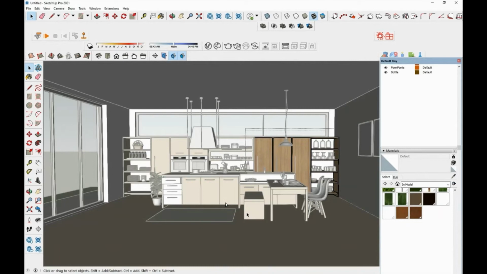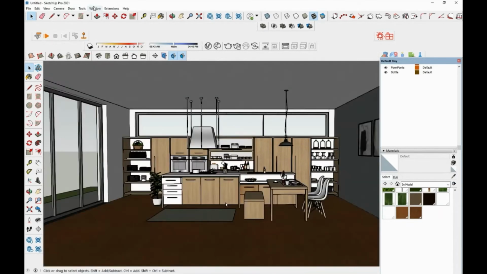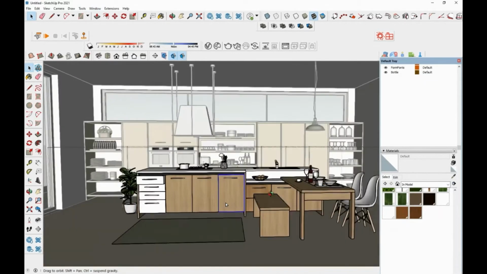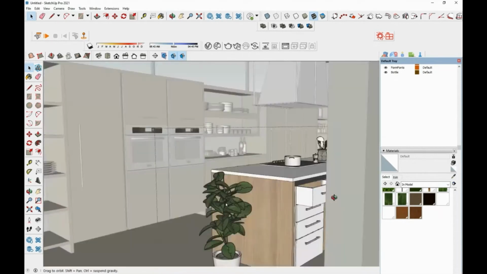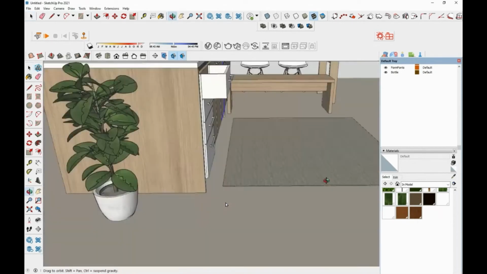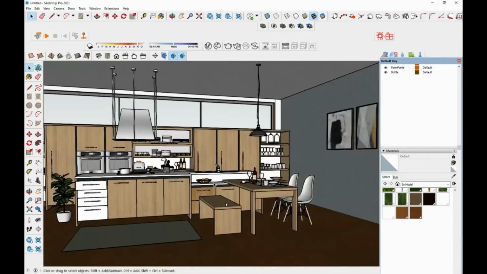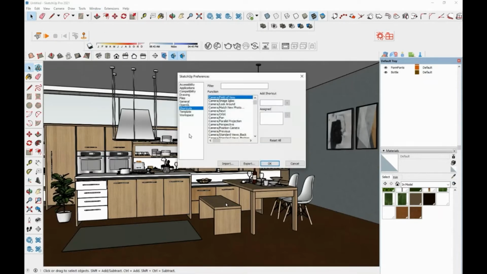To work on this specific cabin, in the usual case, I have to orbit around. See here, I have to orbit around and try zooming in and out. And it'll be just a mess like this. So to avoid this, you can hide the rest of the things surrounding it. It can be done by going to the Window option and SketchUp Preferences, and you can type in hide there, and you'll get the Hide Rest of Model option. And by choosing it, just assign any shortcut key from your keyboard. I'm assigning the letter U.